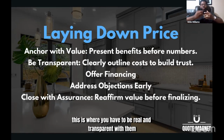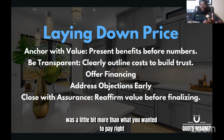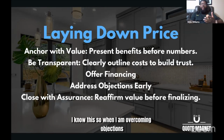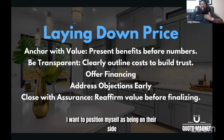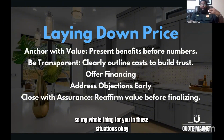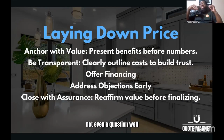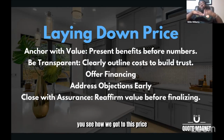this is where you have to be real and transparent with them. You already told me that the price was a little bit more than what you wanted to pay, right? I know this. So when I am overcoming objections, I want to position myself as being on their side. I'm on your side, right? So my whole thing in those situations is, okay, now you told me the price was a little bit higher than you want to pay. The first question you should be asking, well, it is a question, you should be saying, hey, based on what we talked about today, you see how we got to this price,